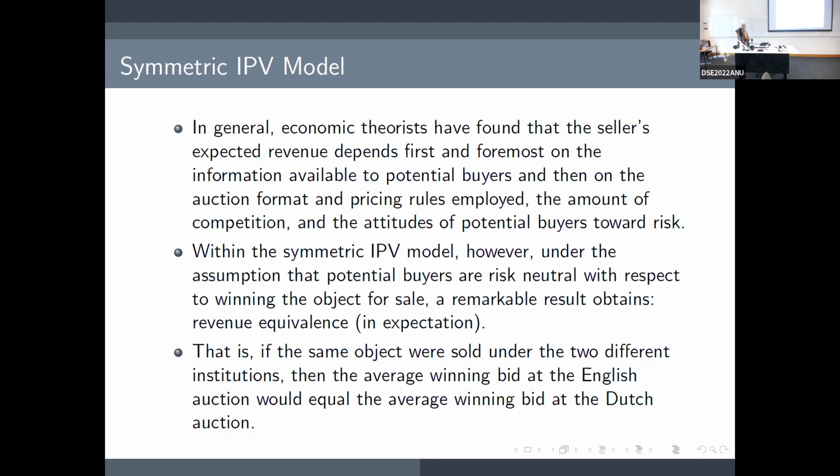So if you're in an English auction and you're seeing people drop out, that doesn't tell you anything about your valuation, because your valuation is an independent draw. Similarly, in the Dutch auction, when are you going to push the button? Well, given your valuation,